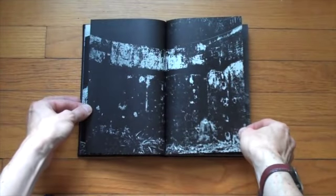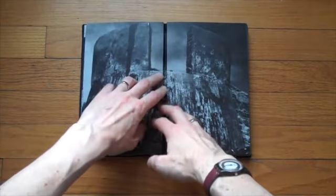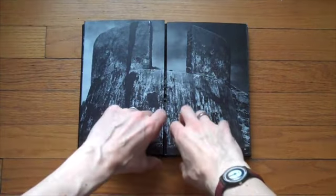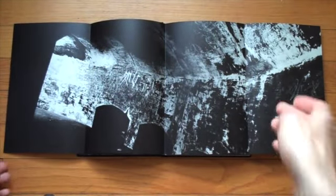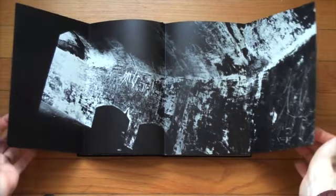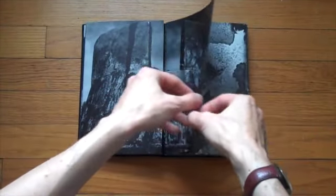Looking at this book, more than just a simple experience. You look at the photography, of course, but as a viewer you're also physically active because you have to do the work of opening up these photographs, looking at them, of course, and then you close them down again. You make things disappear. So there's a viewing of this book